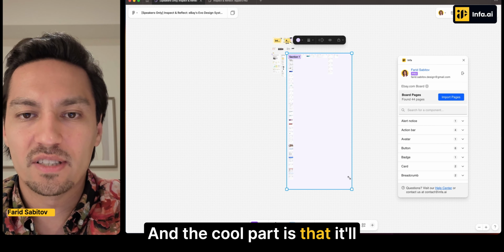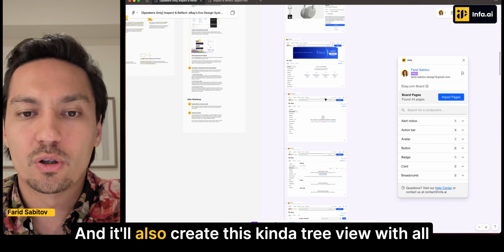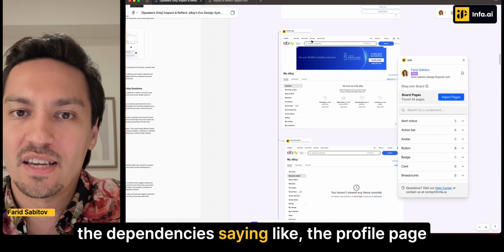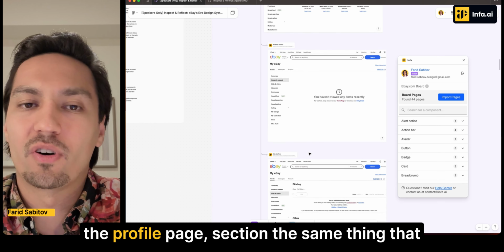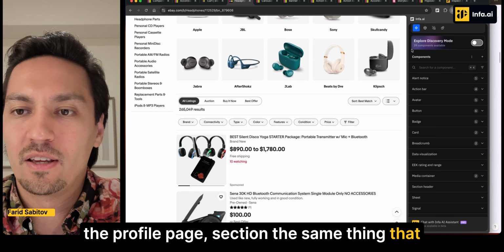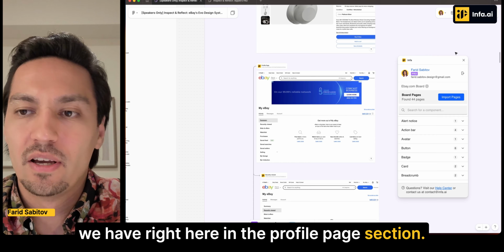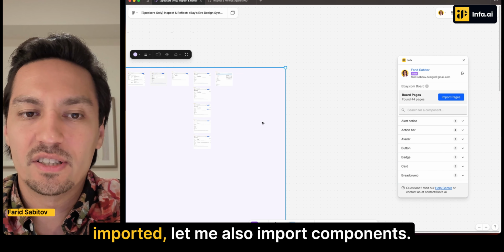And the cool part is that it will organize everything by the domains. And it will also create this kind of tree view with all the dependencies, saying the profile page is the main one. And here are the sub pages of the profile page section. The same thing that we have right here in the profile page section. So now that we have all of those screens imported,